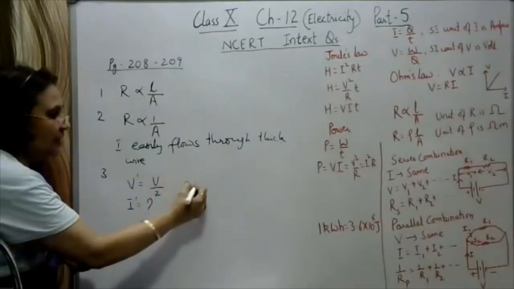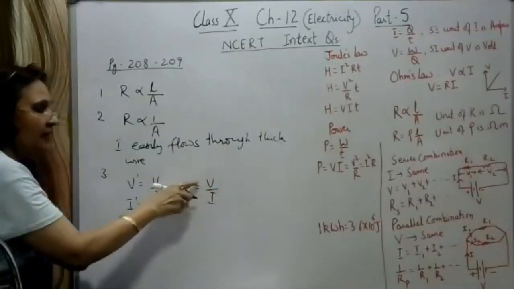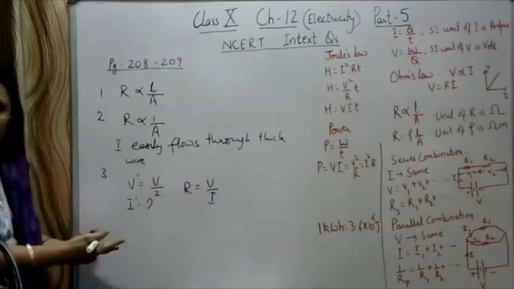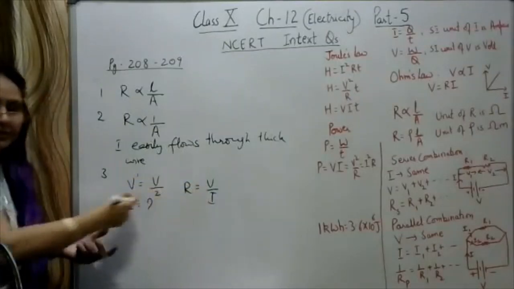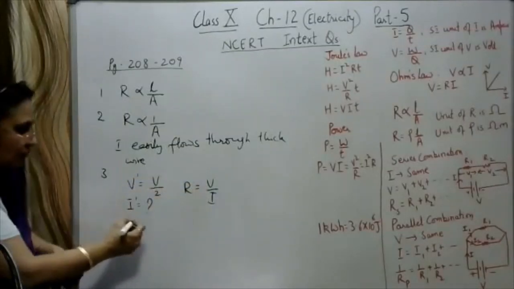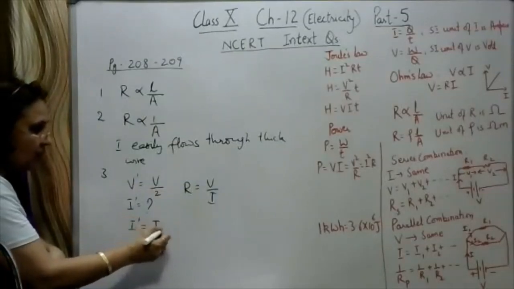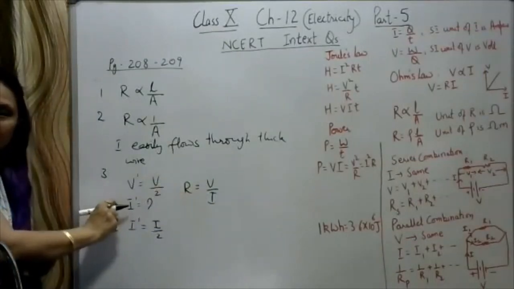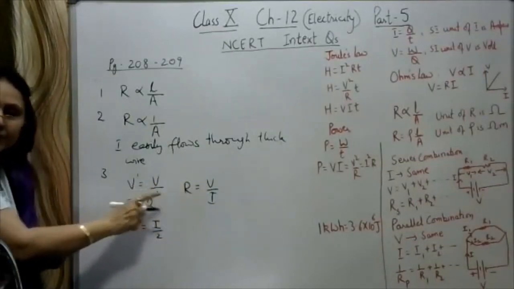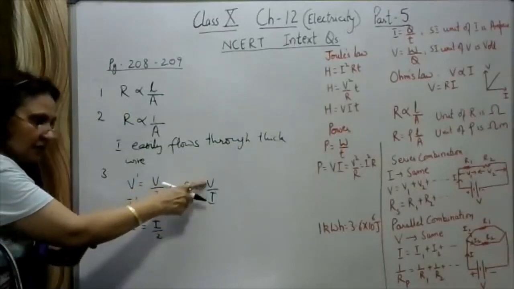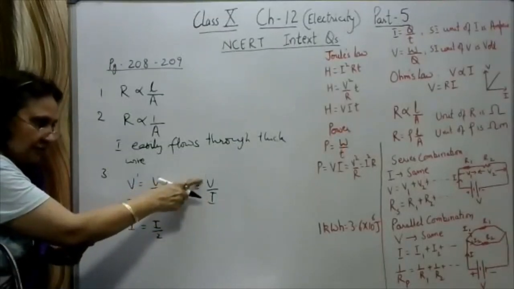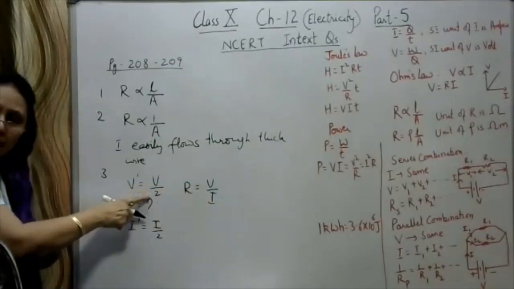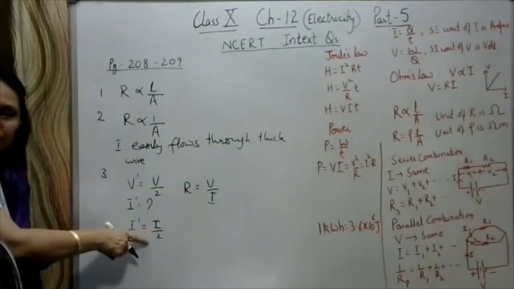Resistance is constant. We know that resistance is equal to V upon I. Resistance is constant, so if we increase the potential difference, the current also increases by the same amount. If we decrease the potential difference, the current also decreases by the same amount. So what will be the new current? I dash will be equal to half of the original current, that is, I by 2. V is directly proportional to I, so the resistance is V upon I. Resistance is constant, which means if V increases, I also increases, and if V decreases, I also decreases by the same amount. Here the potential difference is made half of the former value, so the current will also reduce to half.